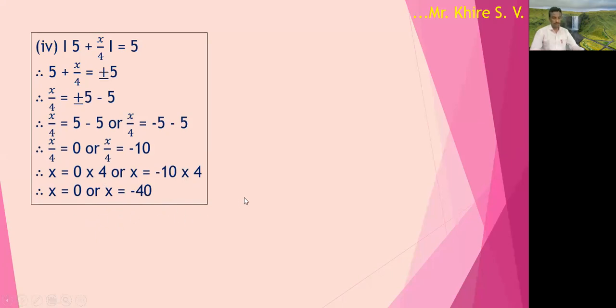Got it, all of you? This is called absolute value or modulus value. The symbol of mod. We remove mod from one side, then the other side becomes positive or negative, or plus minus. Got it?